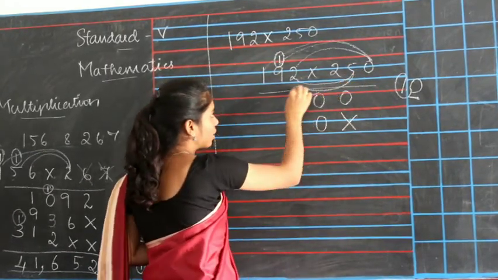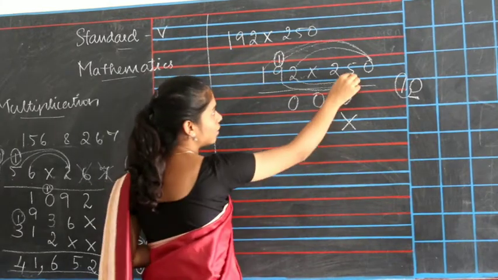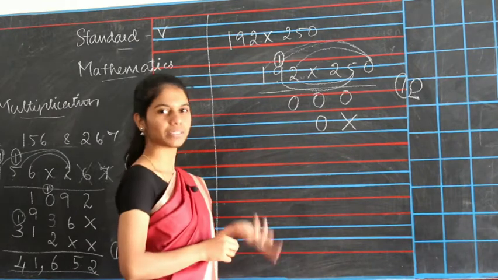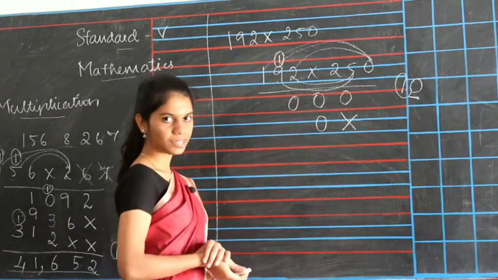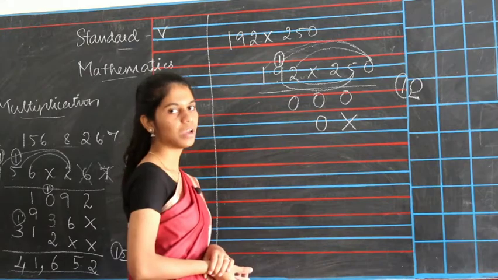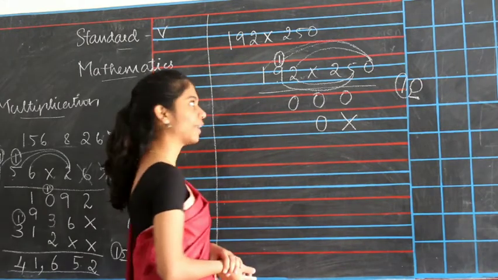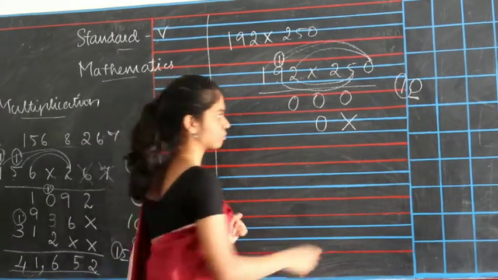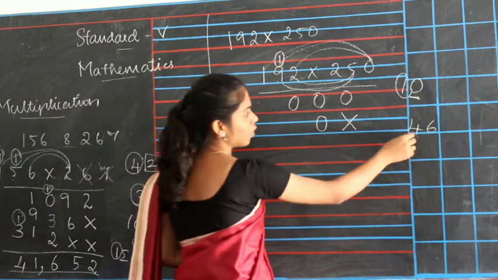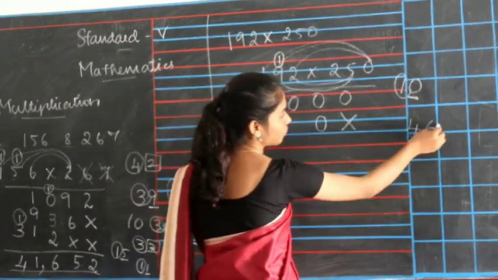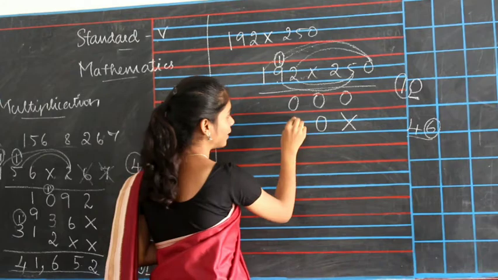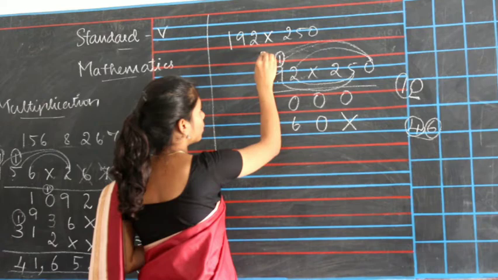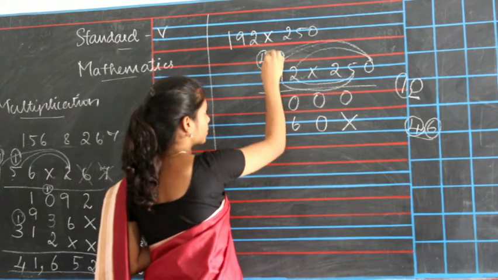Now 5 will multiply with the next number. 5 into 9. 5 1s are 5, 5 2s are 10, 5 3s are 15, 5 4s are 20, 5 5s are 25, 5 6s are 30, 5 7s are 35, 5 8s are 40, 5 9s are 45. So 45 plus 1, 45 in your mind, 1 in your finger, 45 after 46. So you got 46. So 6 is your unit that you will write here and 4 is your carry, right? 4 you should go to the top of next number.